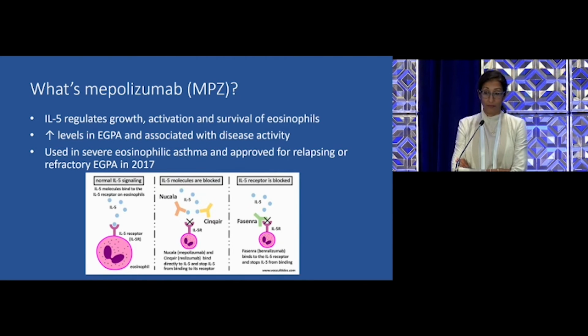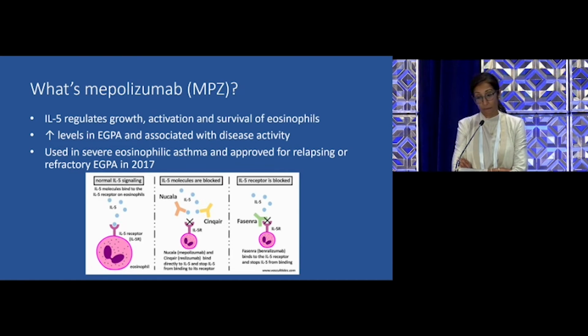IL-5, it blocks IL-5. Again, it's a monoclonal antibody. So IL-5 is a protein that regulates the growth, the activation, and the survival of eosinophils. Eosinophils are really critical in driving some of the inflammation and damage in EGPA. You see higher levels of IL-5 in patients who have EGPA, and it's associated with disease activity. So initially, this drug was used in severe eosinophilic asthma, and it was approved for relapsing or refractory EGPA